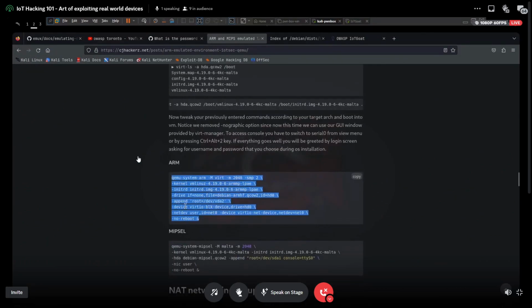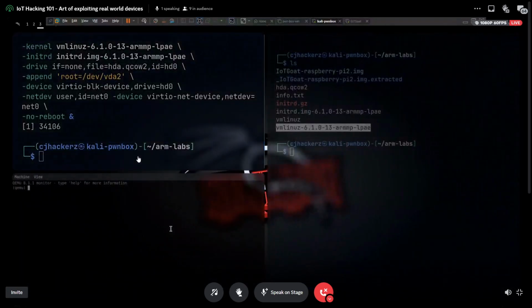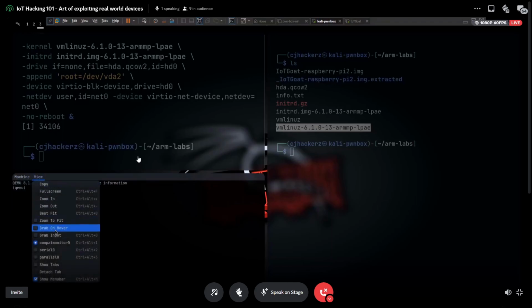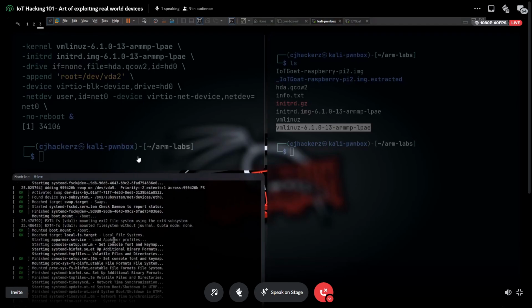Yeah, I need to use that one. Set of commands. Serial input, probably. Yeah, serial input. My bad. It was a serial input.